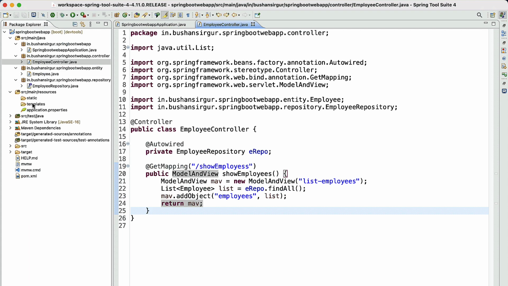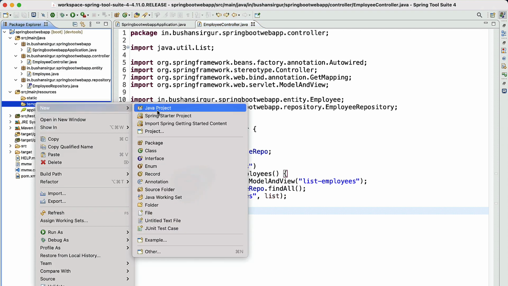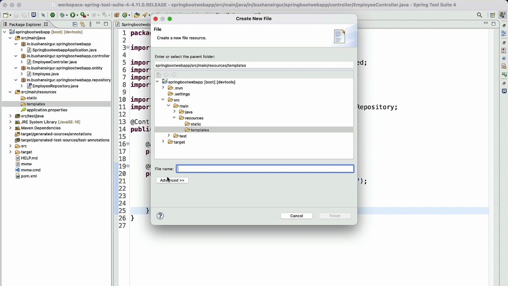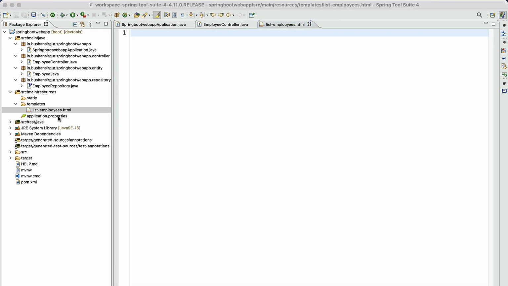Now let's create the Thymeleaf template with the name list-employees. We are going to create inside the templates folder list-employees.html. Click finish. So at the top, first we are going to reference the Thymeleaf template engine.